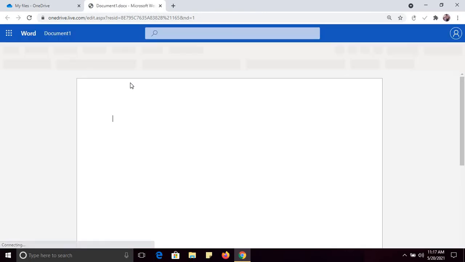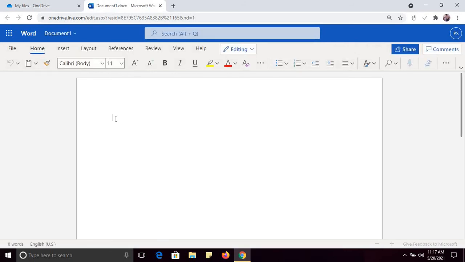So just wait while the new document is being created. The most important advantage is that you can use the latest features of Office.